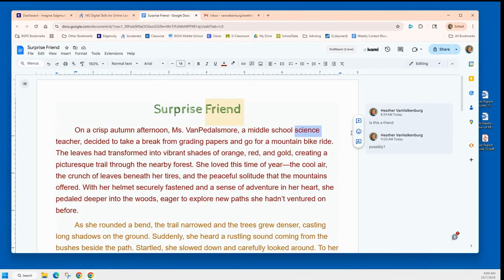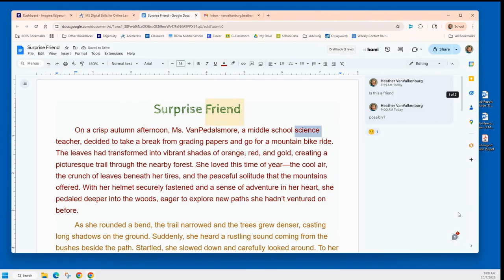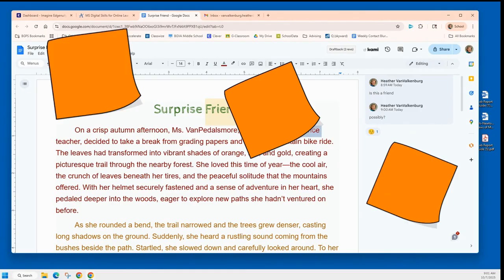One of the things you can do is add emojis. It's kind of a way to like a particular part of someone's document. You can't like a comment, but you can like someone in the document. So that is how we comment and how we reply to comments. Again, they are like sticky notes. You will see